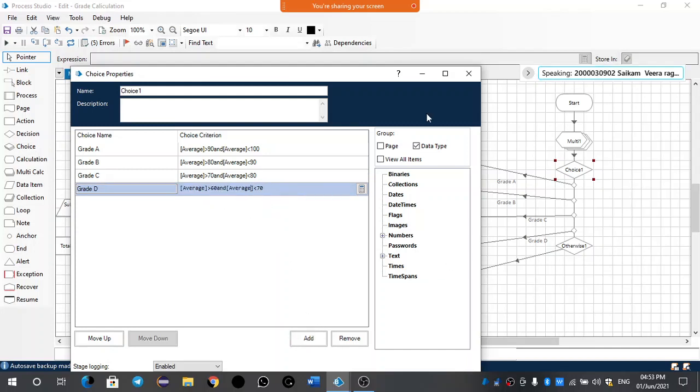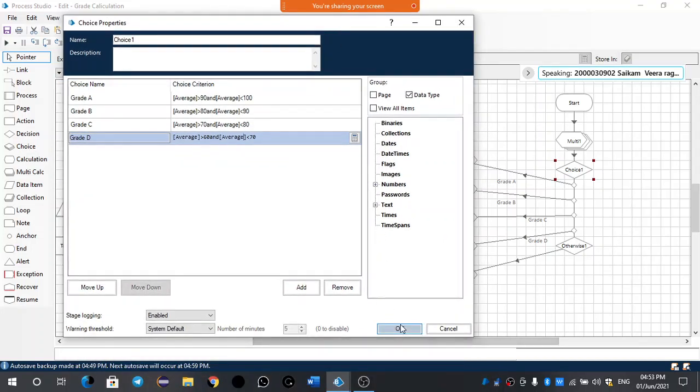Ma'am, the issue is we need to give space between and average in choice criteria. Wait a second. Yes, I'll come to it, because we need to show all the errors, how errors come by giving the syntax like this. Okay, click on OK.